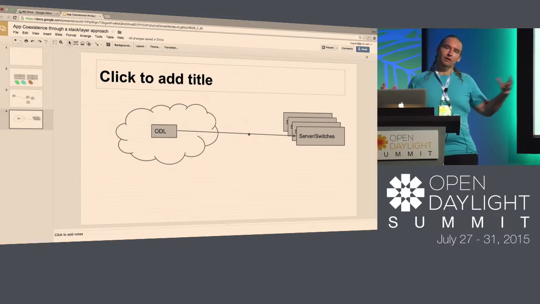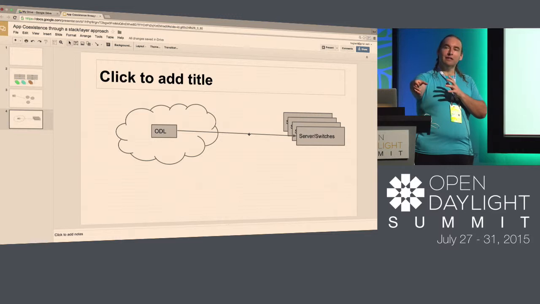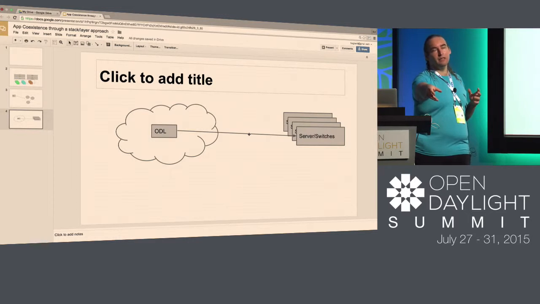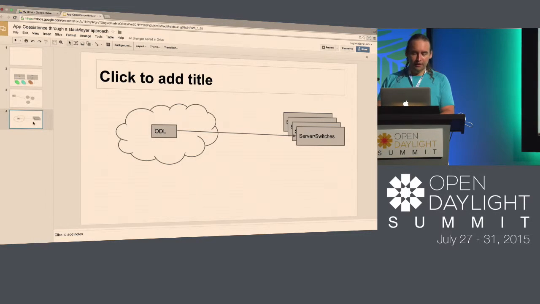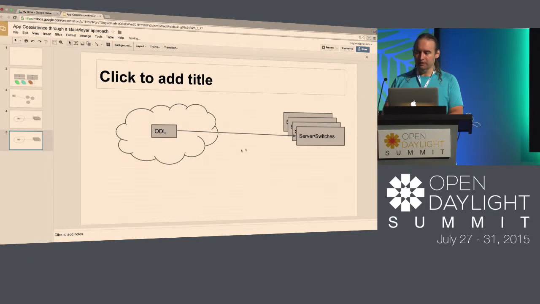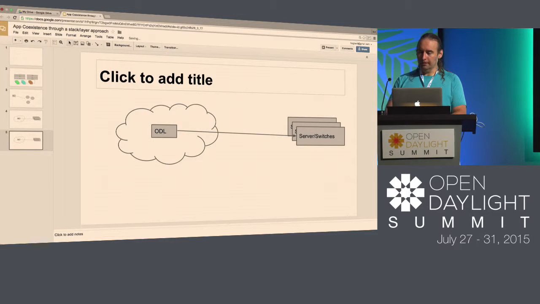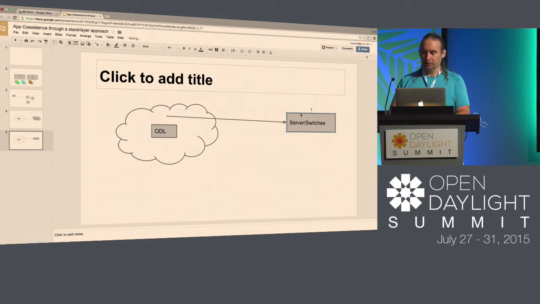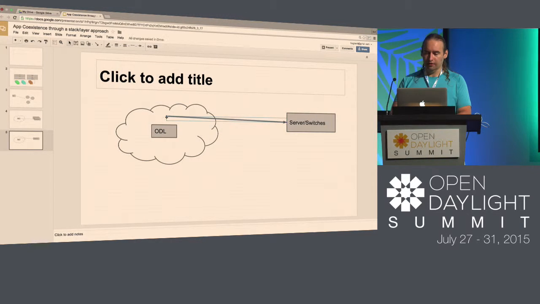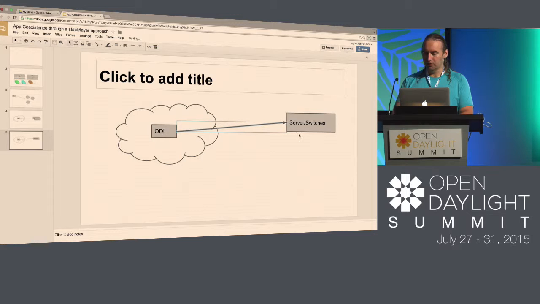And you can see this in the way the industry is trending. There's an increasing trend towards people putting things that actually deal with packet-in out on the box. And so what I'm kind of suggesting with Honeycomb is effectively the following, which is you probably still have a global OpenDaylight instance in the sky, but now instead of having a server or switch where you're just talking some protocol to it,